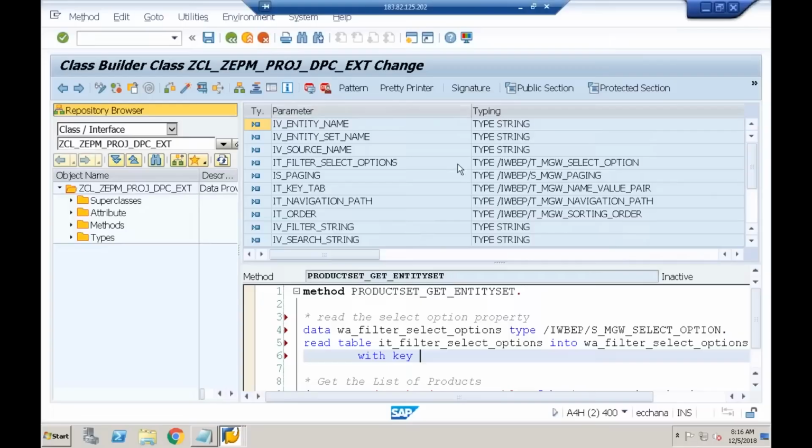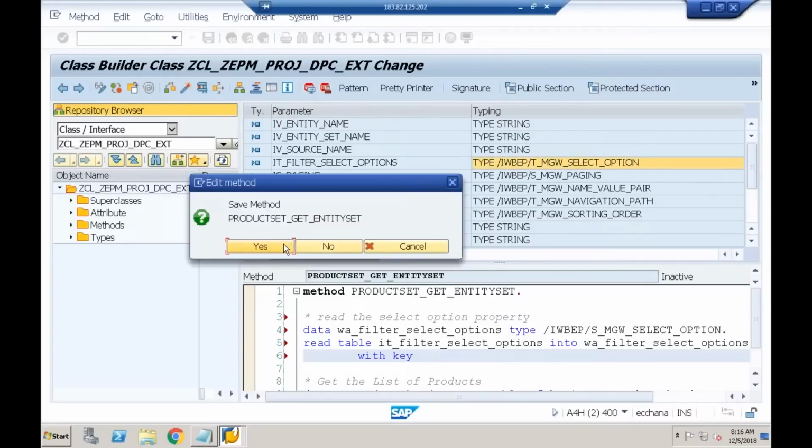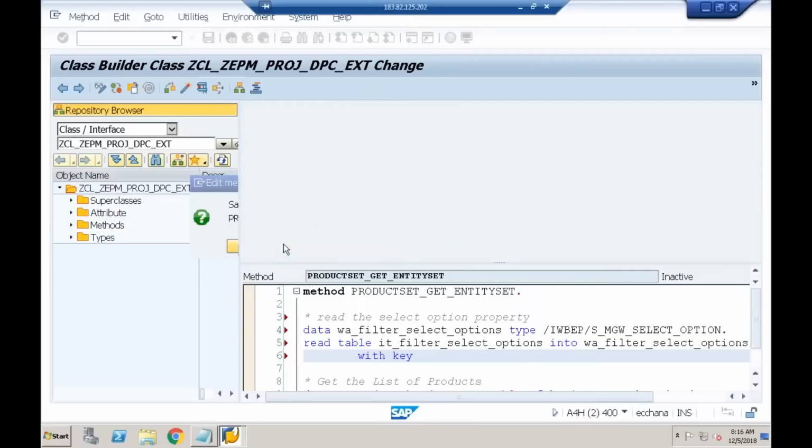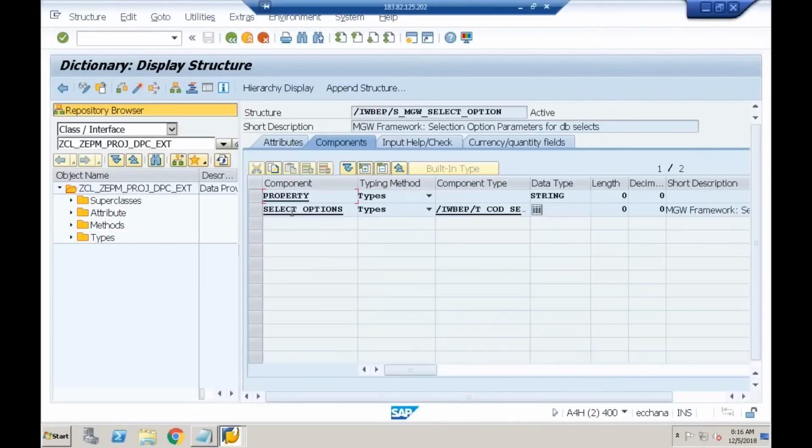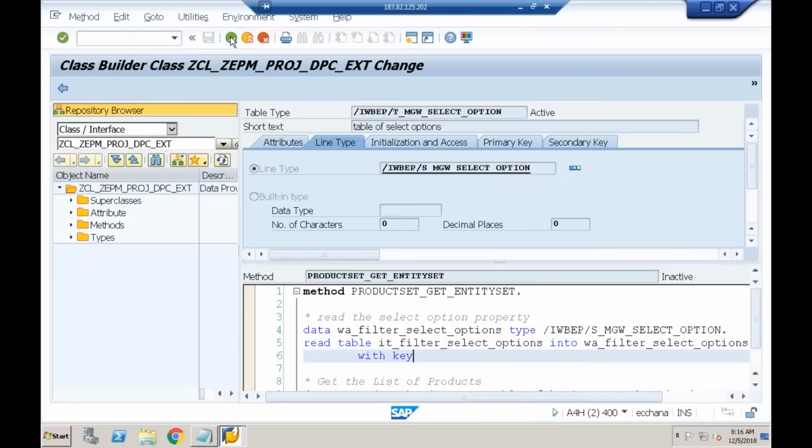what are the fields in this? Let me again double click on this. Yeah, there are two fields here. One is property, another field is select_options. This field is again an internal table. Property and select_options. Okay, so keeping that structure in mind, I'll say